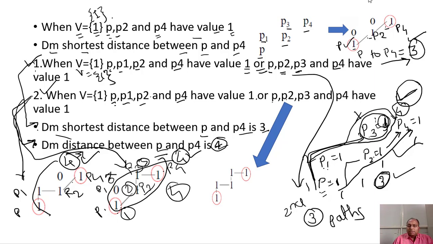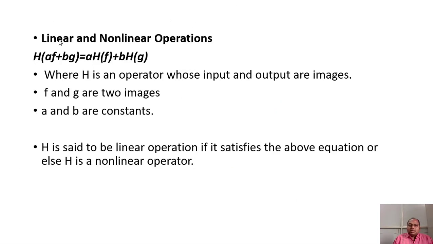So because of that, the distance between P and P4, whenever we traverse in such a way, let us say P2, P3 and P4, is nothing but 4, right? So likewise we can find out multiple distance values between the different pixels. Is that fine? Okay, now let us discuss the last point of your chapter.